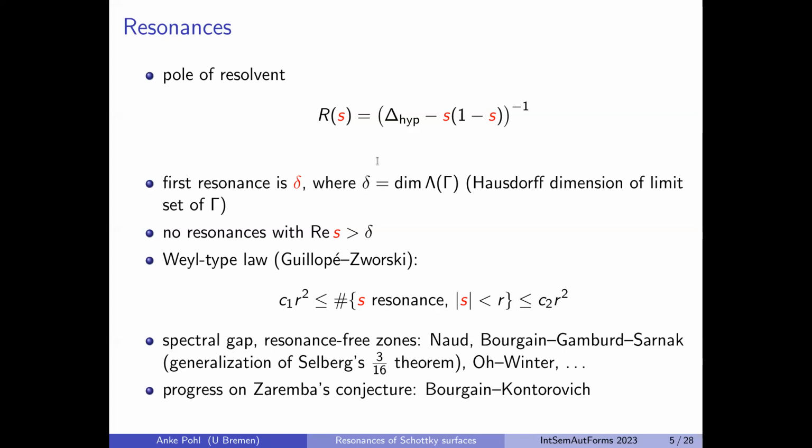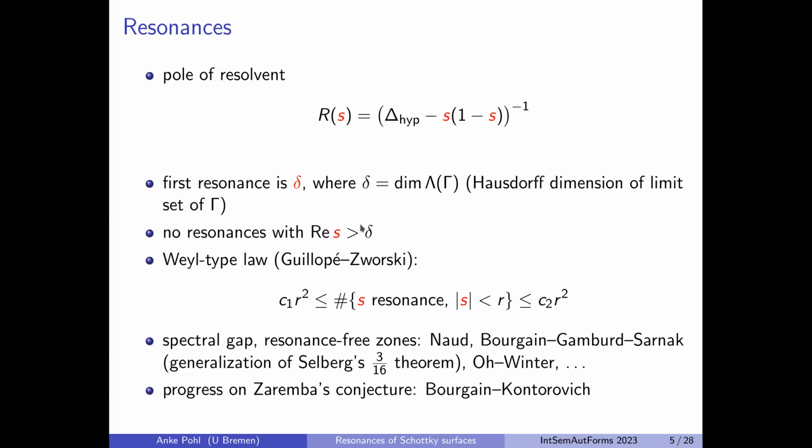What we are very used to is a Weyl law when it comes to compact hyperbolic surfaces. The Weyl law is not known for infinite area surfaces, but a Weyl type law is known, and this is proven by Guillopé and Zworski. It's written down here. So it looks like the typical Weyl law situation. So you put somewhere an origin of a ball, and then you count in growing balls where the radius here is r, and the growth is going in terms of order of magnitude by r squared.